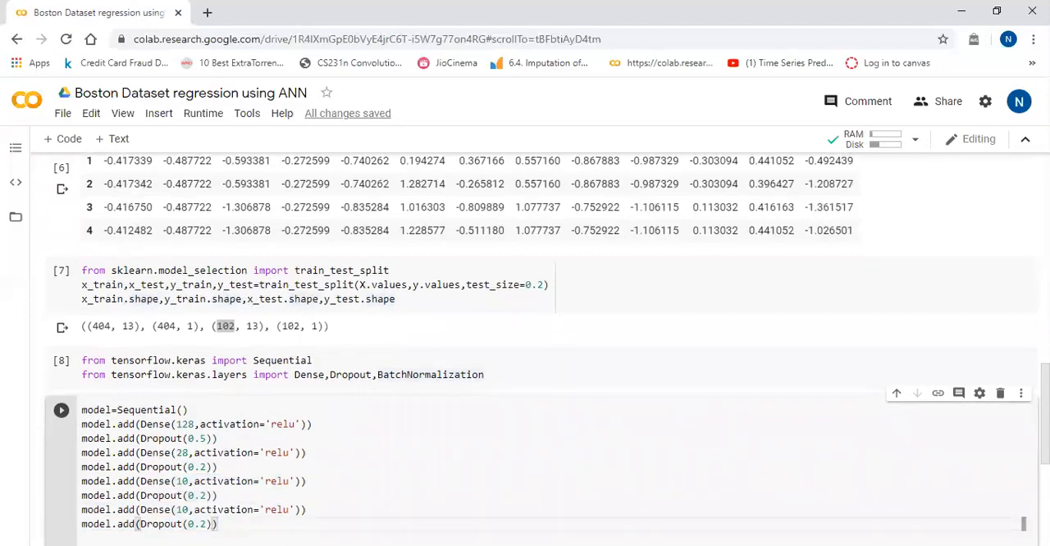So on output we need only one value per row, per input, right? So I'm going to say only one, I need only one value per row. And activation function, I'm going to say linear, because we are solving the linear regression problem. So at the final layer we need the activation function as linear. Okay, so this way we have created the model